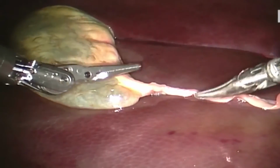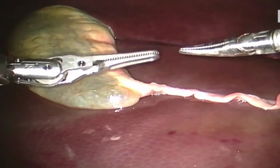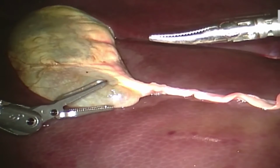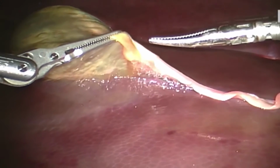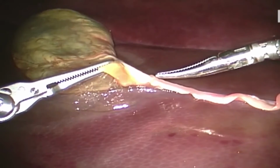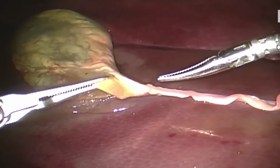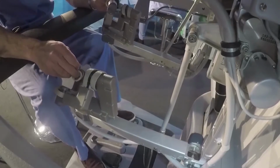You can see how these instruments are moving. Isn't that beautiful? Now, you couldn't do this with keyhole surgery because the instruments were straight. You lift it up very gently, you lift it up there, and you see the gallbladder is attached to the liver. So the first thing is to disconnect this very important structure very carefully, and then start to remove the gallbladder from it. So I'm just gently going to tease this tissue, open it up,